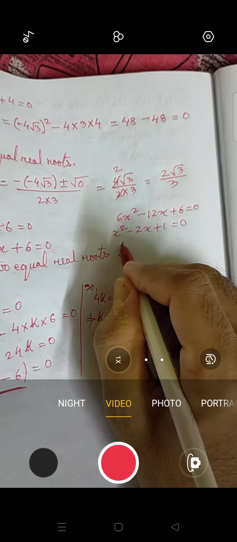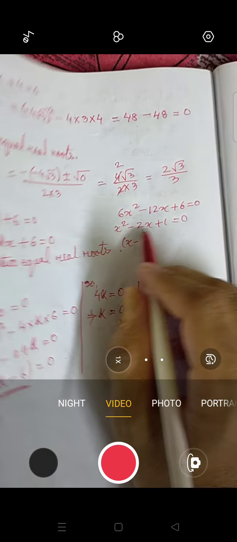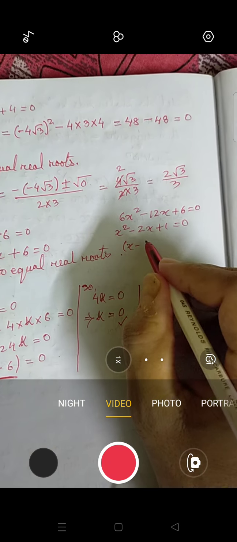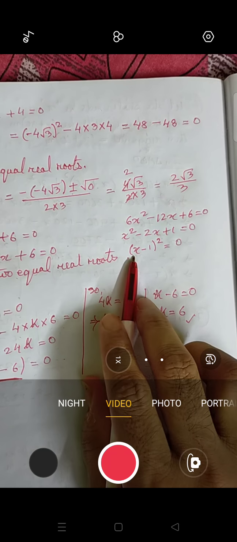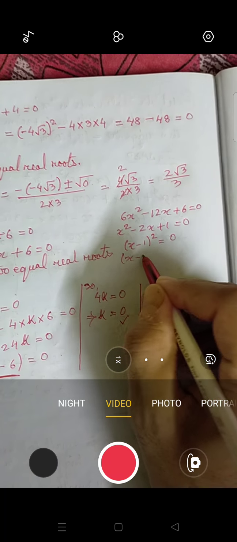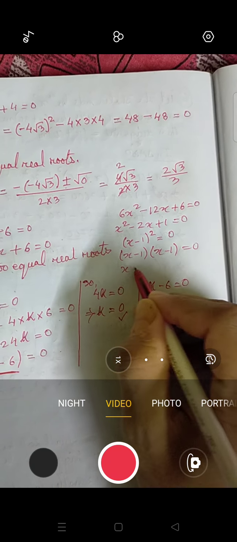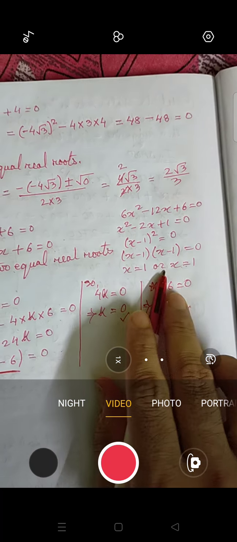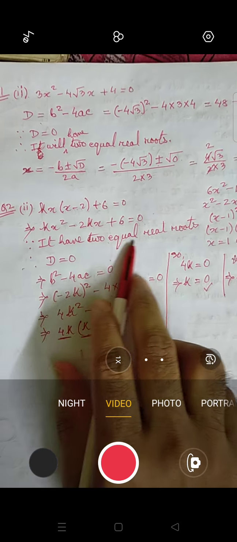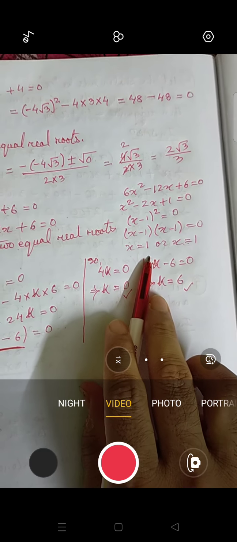So I can say that this is a minus, you can find the middle term by your own, I am writing it directly. I can see that this is the (a minus b) whole square formula. So I am writing (a minus b) whole square equals to 0. That means this can be written twice, (x minus 1) into (x minus 1) equals to 0. So x is equal to 1 or x is equal to 1. In both the cases we are having 1, and it was said that it has two equal real roots. So yes, they are having two equal real roots. Is it clear? So this way you have to solve.